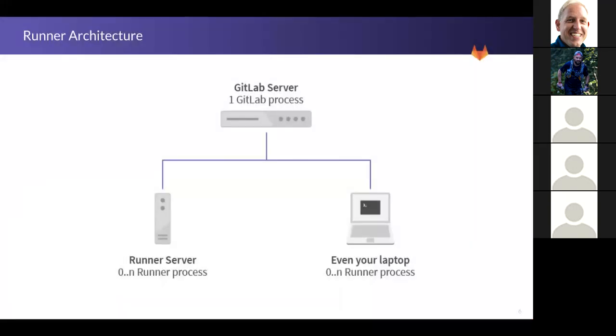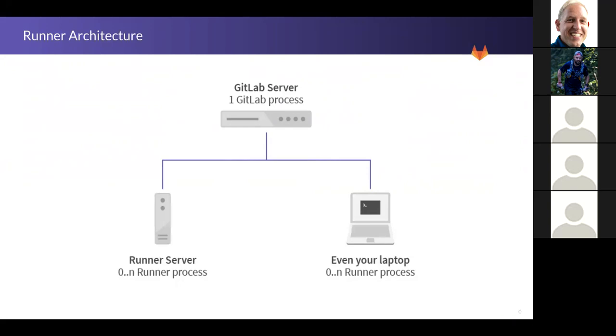Great. So this picture is from the website. It's a really simple view of the architecture, but it's an important one to understand. Of course we have the GitLab server. That's GitLab itself, and that could be one server, or a massive HA installation that has lots of different nodes, some doing front end, some doing back end. But for the purpose of the runner, it just sees GitLab at one URL, just like you or I would, and that's the GitLab instance.